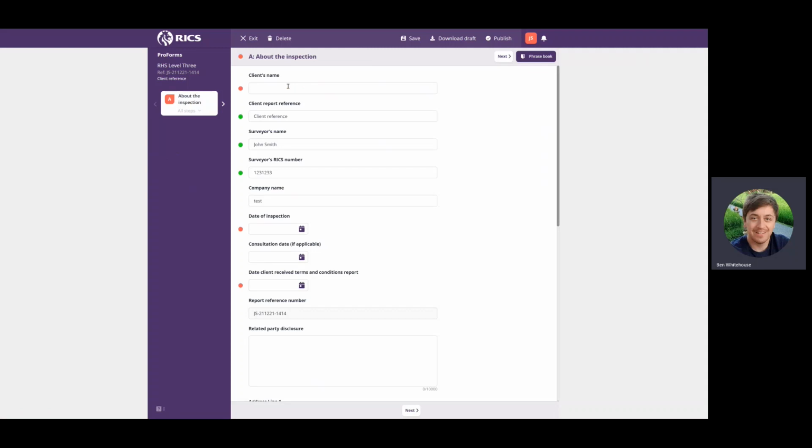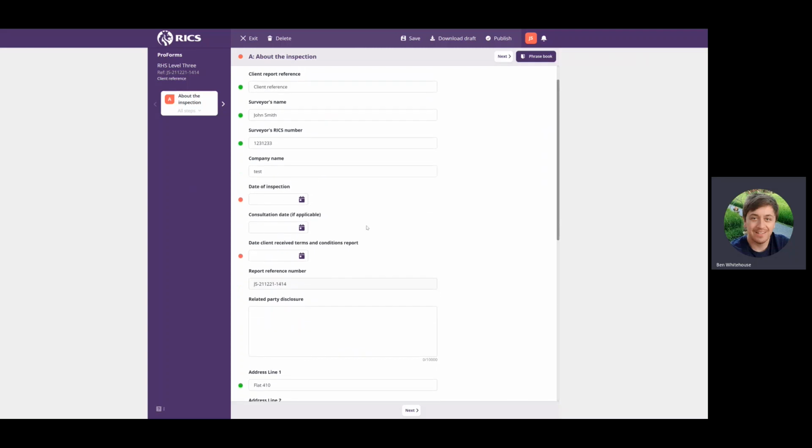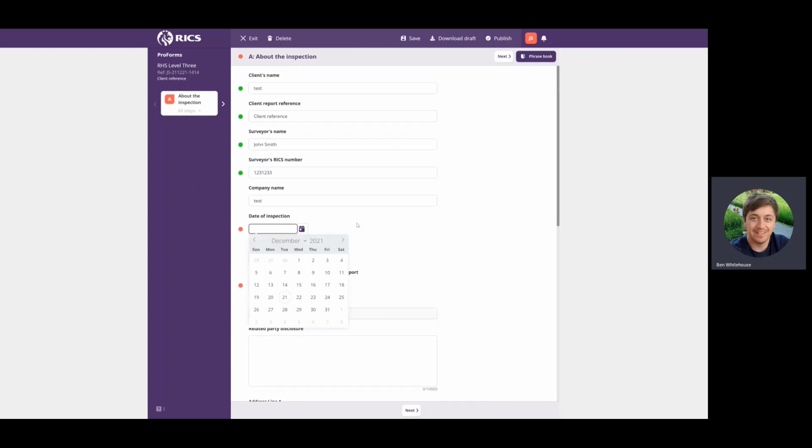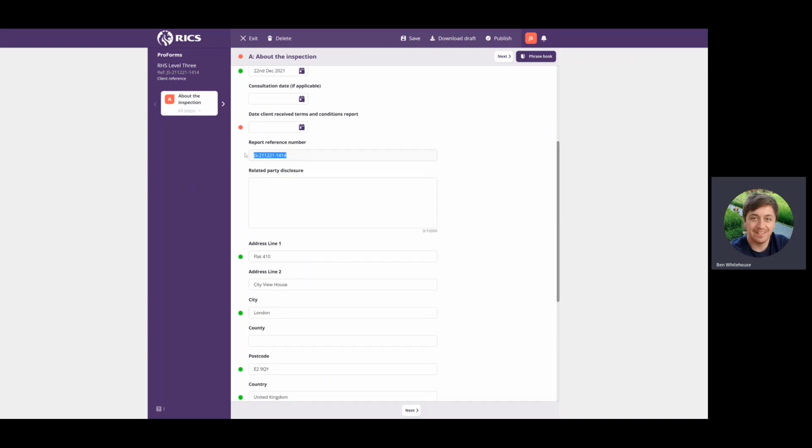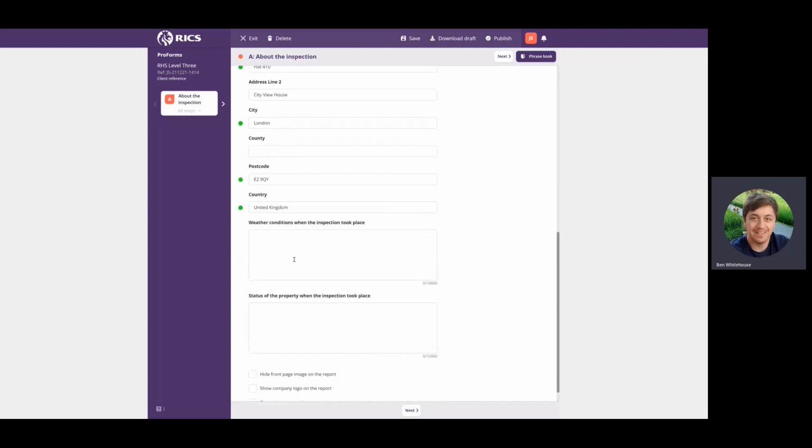So what types of inputs have we got? We've got single line input, fairly self-explanatory. This one here, so easy enough. We've got the date fields, so you can click on the field or on the little calendar and you can enter a date. So we'll do that. We've got the report reference number, you can see is not editable as it's just used within Proforms. We've got the address, we've got multi-line,